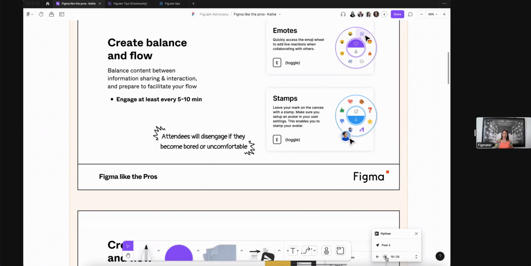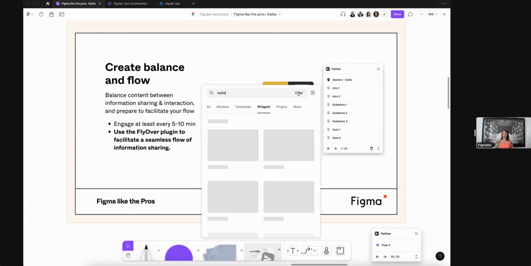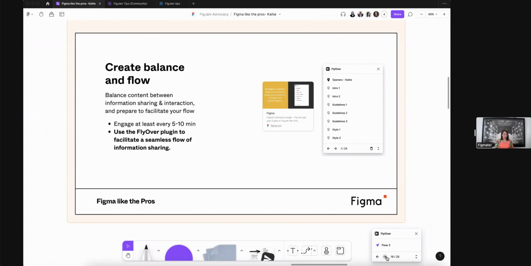And then lastly, for moving the flow of conversation, one of my favorite tools is the flyover widget. That's what I've been using here to move from one slide to the next. You can find it under widgets here. And it's the flyover, and that helps create a seamless flow of information so people don't get uncomfortable, they're not confused where you're going. Use that flyover widget to make it really easy to go from one topic to the